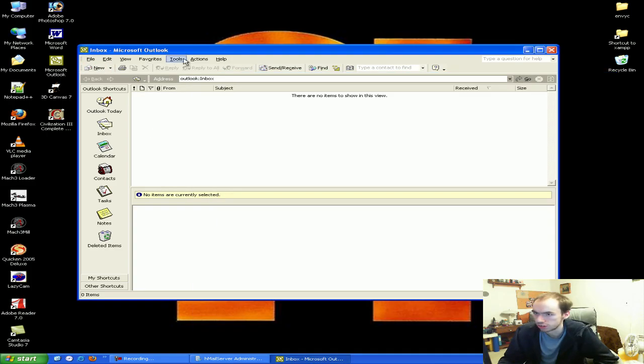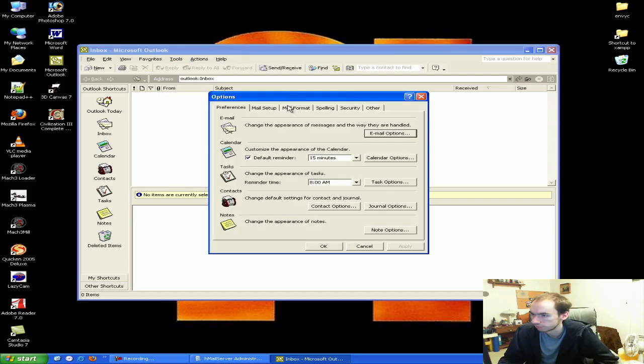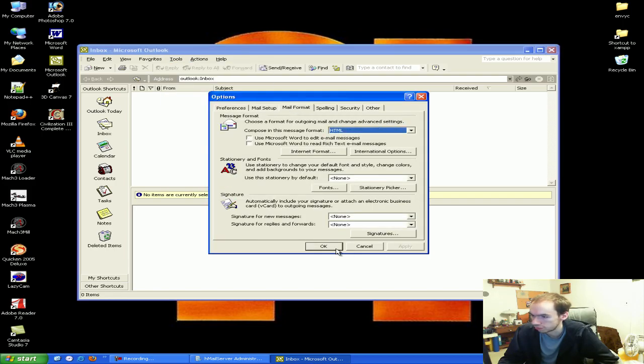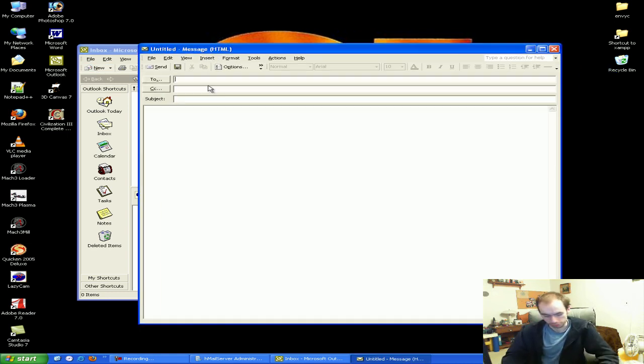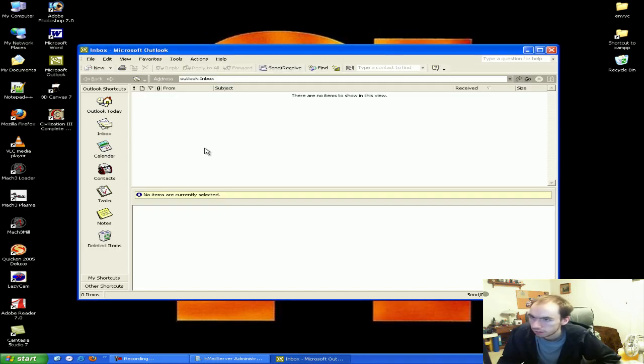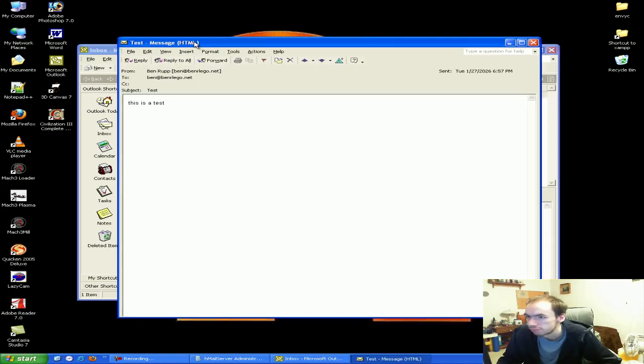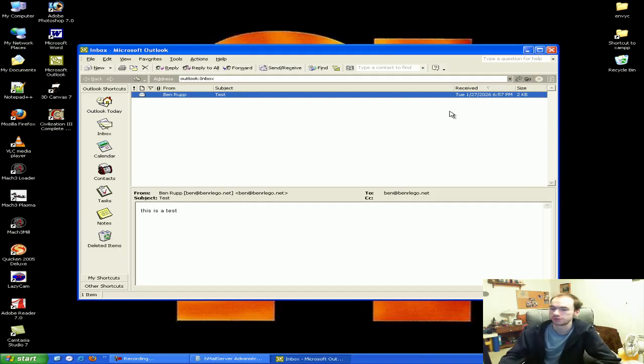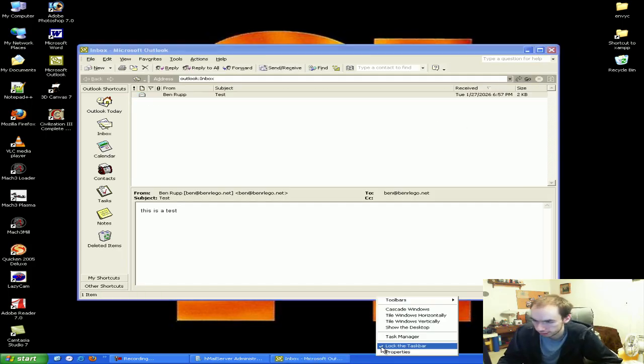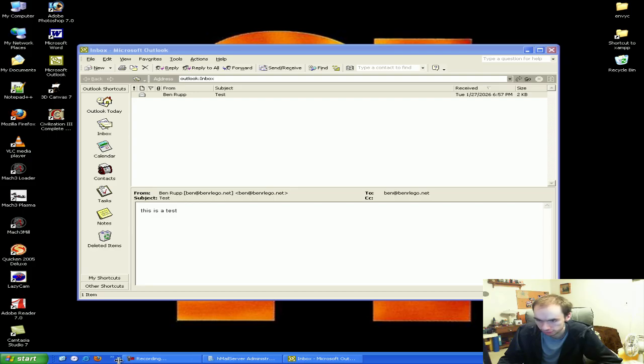So I'll just use Outlook as the mail client. I will email myself. And then send and receive. And there I go. I got my email. So that's basically configured right there. And just to show you that it does in fact work